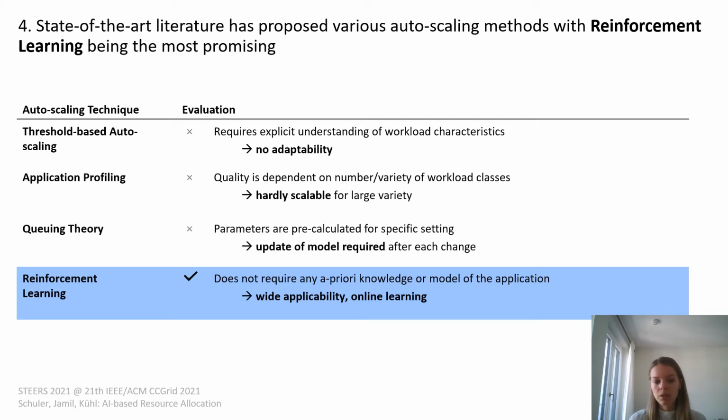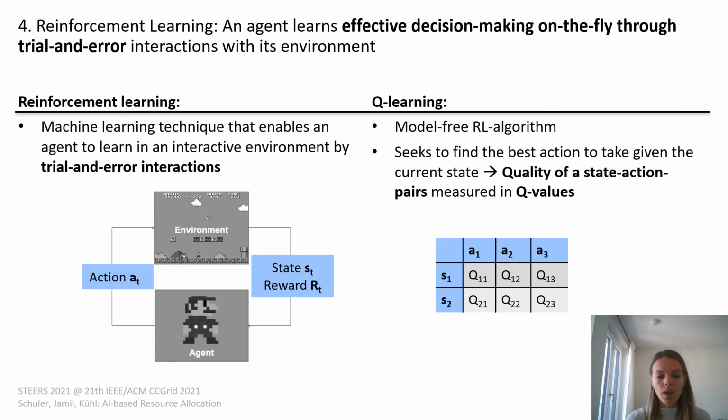We also had a look at the fourth approach, which is reinforcement learning, basically a trial and error process where an agent learns an effective scaling policy on the fly. This was very promising for our use case, since no knowledge about the application is required in advance, and we can learn the best concurrency setting online during the workload execution. So how can this advantage be achieved? What is